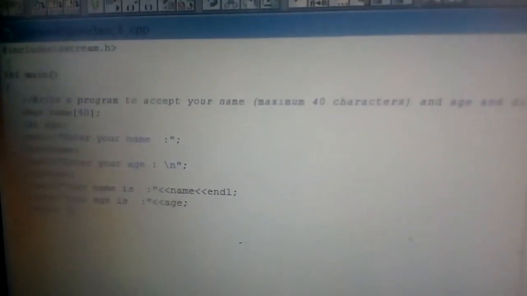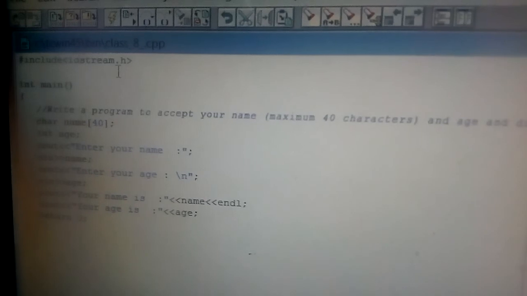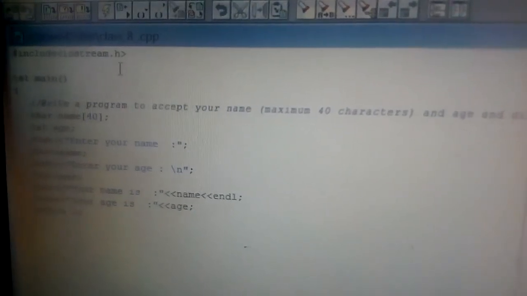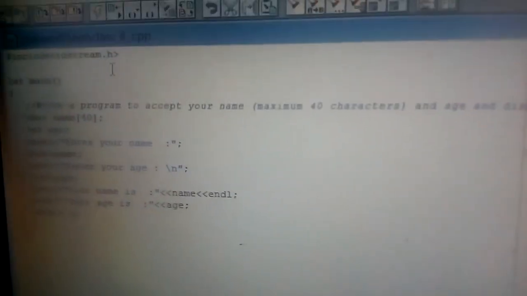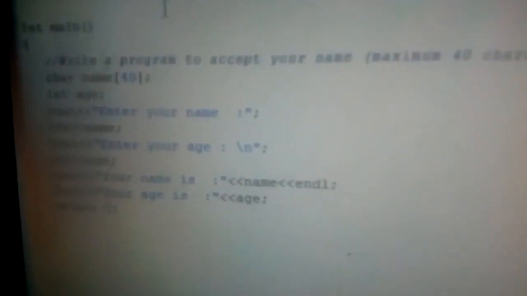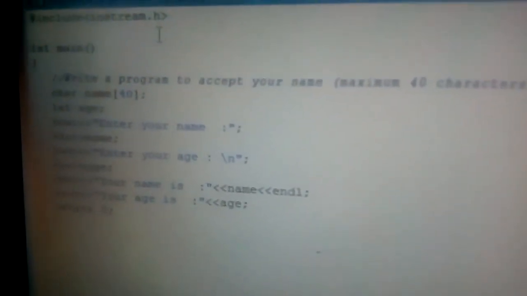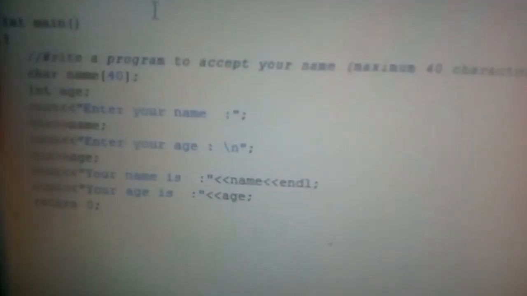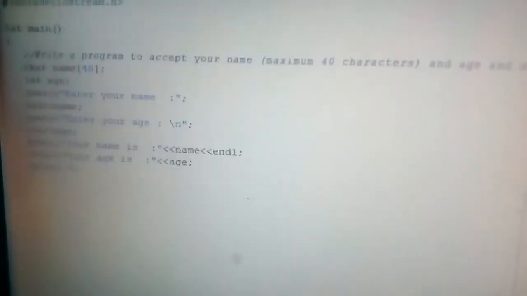First you have to write down #include iostream.h. This is the header file, and then you have to write the int main function. I think all of you can see. Is it clear for you? I hope all of you can see.